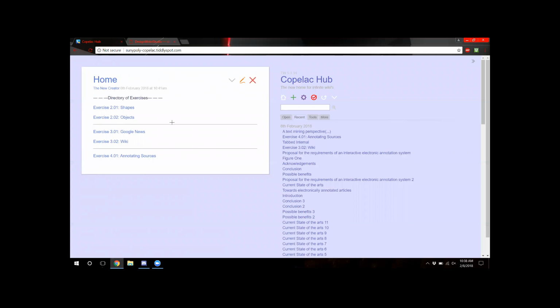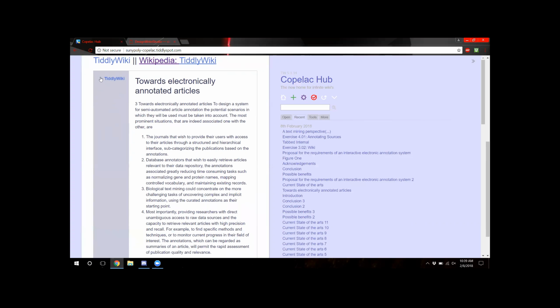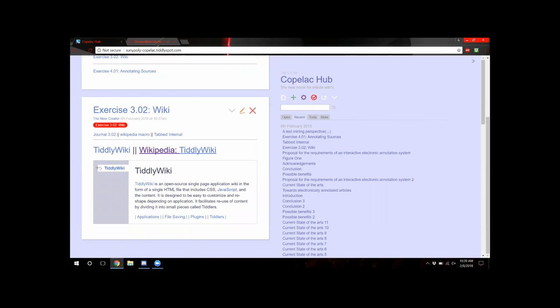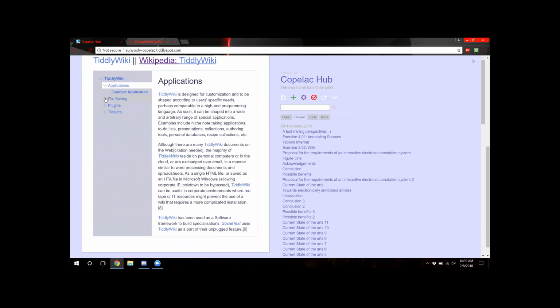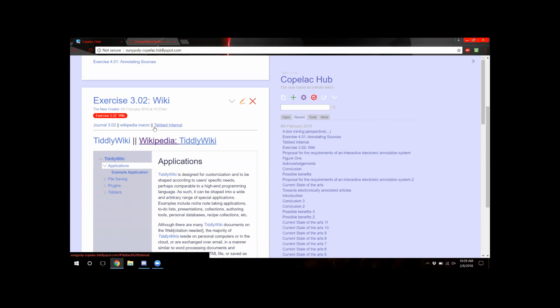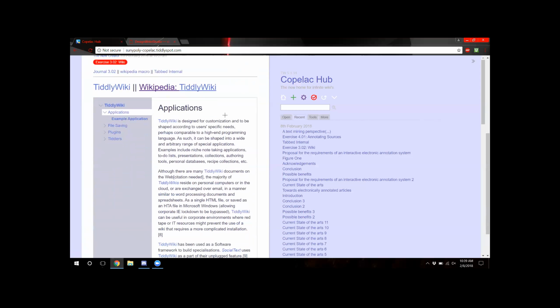So you do really cool stuff, but show us what you're doing here. What is it that you're doing? It's just the directory of exercises. Okay. I put all the exercises in. Yep. So you're being very meta here, Chris. His annotated article from Wikipedia was on TiddlyWiki. Is that right? Very meta. Okay.